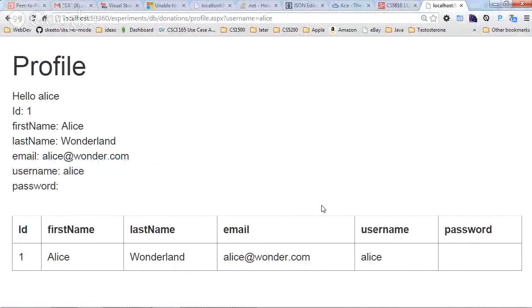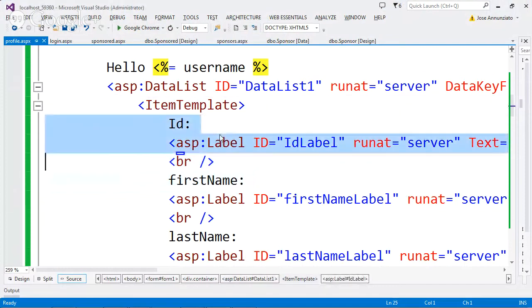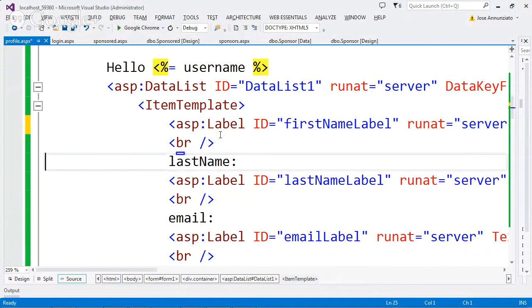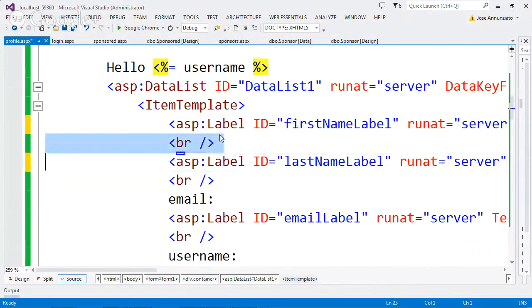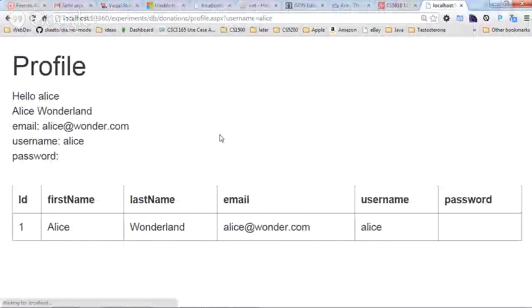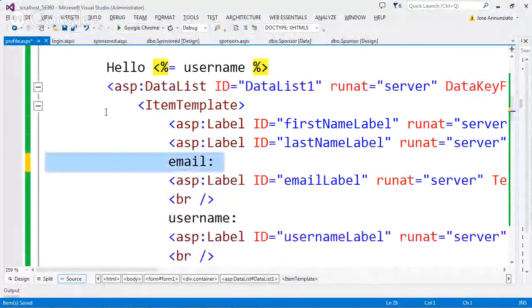The bottom one is tabular, right? Whereas the top one is kind of more open-ended, right? I could say, well, I don't want any of these, right? For instance, I don't want the ID. I don't want to have this information, the first name. I want the last name, right? I want to render it, and no break, perhaps. So notice that now it says Alice Wonderland. You see that, right? And now I can put maybe the email